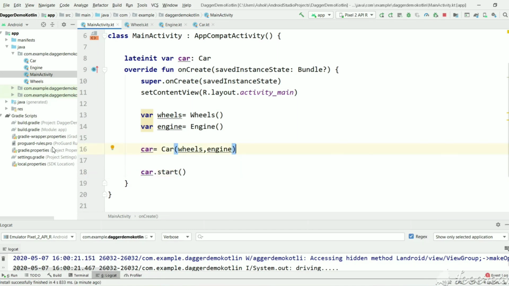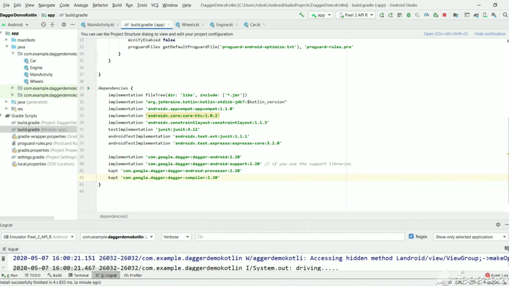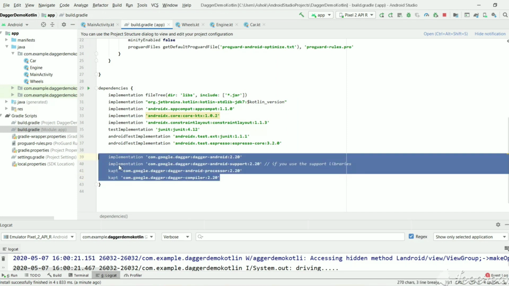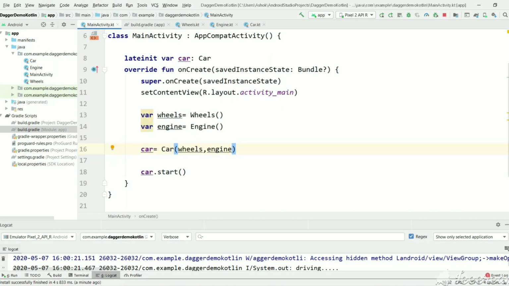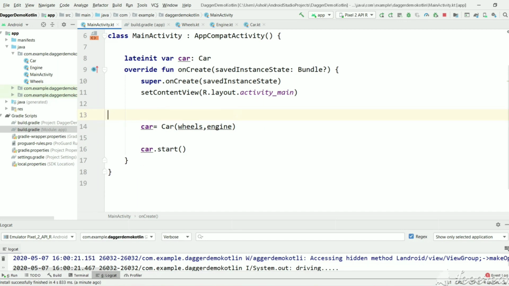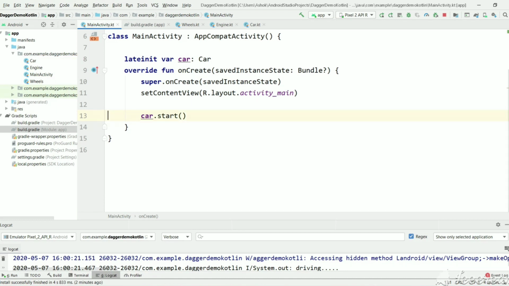For this, first we need to have the Dagger dependencies. I will give these in the description. You can paste them in the dependencies block. And let's go to MainActivity and remove everything. The first step in Dagger is we need to have a CarComponent interface which will provide instances.